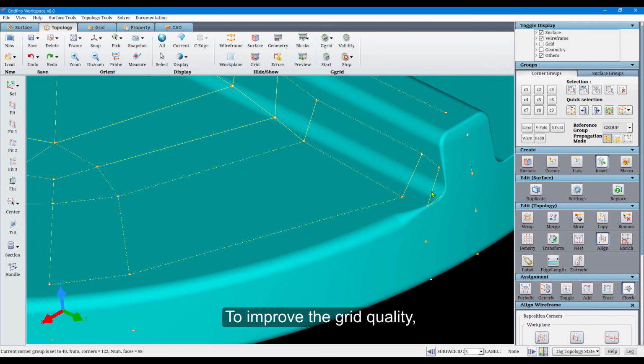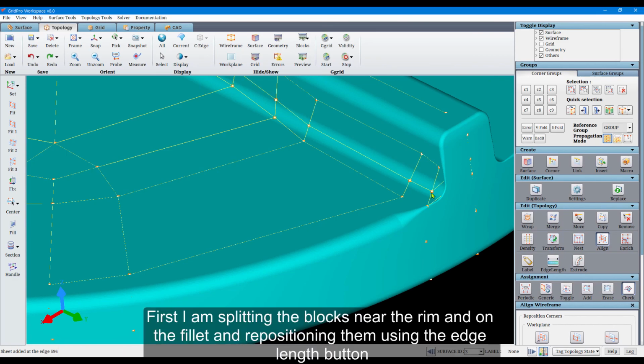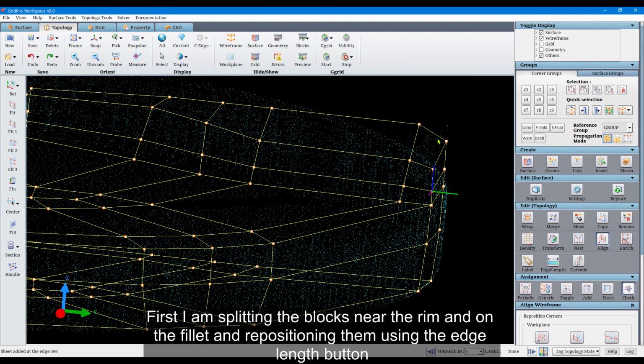To improve the grid quality, first I am splitting the blocks near the rim and on the fillet and repositioning them using the edge length button.